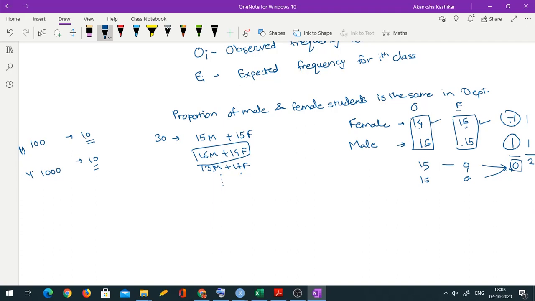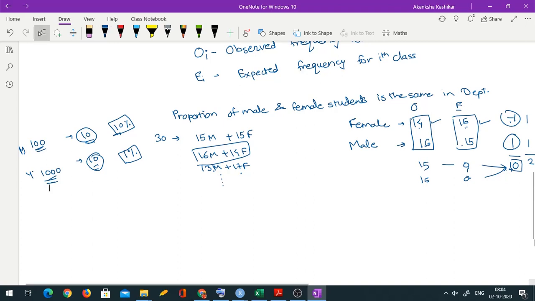I have lost 10 rupees out of 100 rupees I had, which means I have lost 10% of whatever I had. Whereas you have lost 10 rupees from 1000 rupees that you had, so you have lost only 1% of what you had. So my loss, even though it looks the same, is much bigger than your loss. Hence whenever you compute difference or deviation, relative thing is important. So you need to see out of how much.